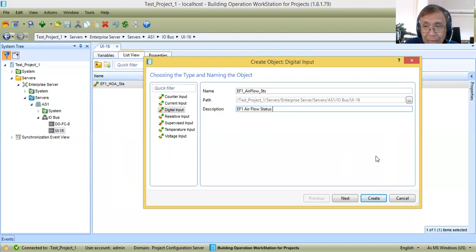Now, this airflow status will be coming from your air differential pressure switch installed in the fans. So it will not be coming from your motor control. It will be coming from the exhaust fan. Then you will install it across the fan. The minus will be in the suction side, and the plus probe will be in the discharge line. I have already explained how you will install air differential pressure switch in my tutorial. So if you really want to become a BMS engineer, you have to watch all the tutorials.